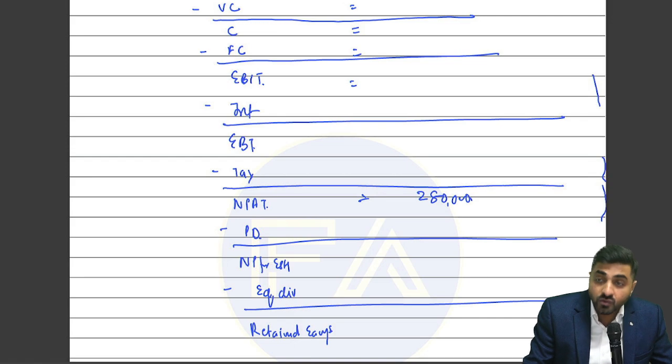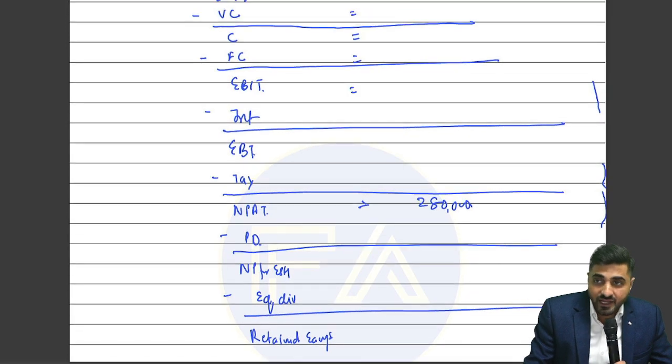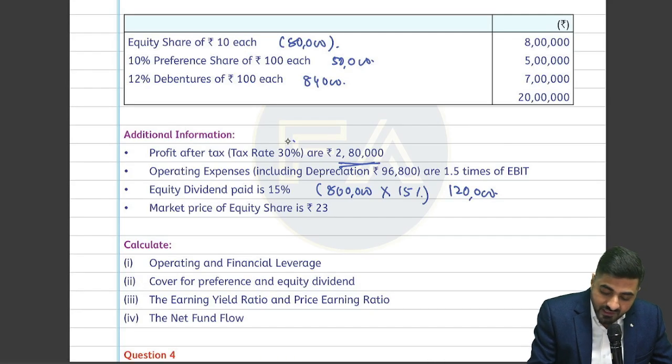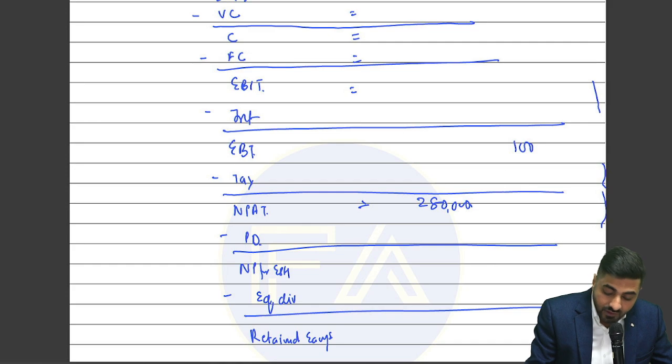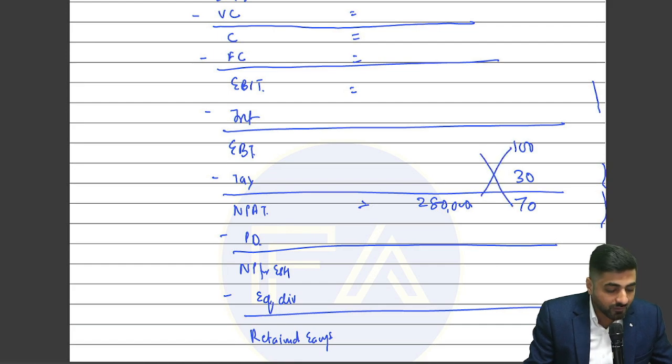Now what will we do? We can actually go in reverse for the other calculation. If my EBT is 100, what's the tax rate, guys? They have given you the tax rate is 30%. Can you please give me your NPAT, should be 70, guys? Come on, yaar. From 100, if I pay 30, then